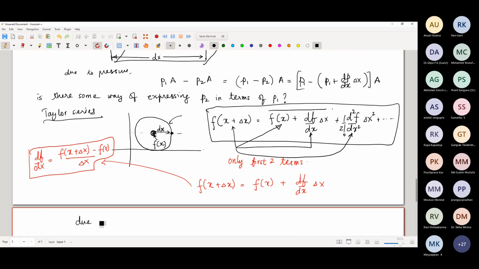Due to pressure, the force is equal to p1. So this p1 and this p1 cancel out, and we are left with minus dp dx delta x times a. And this will be equal to,